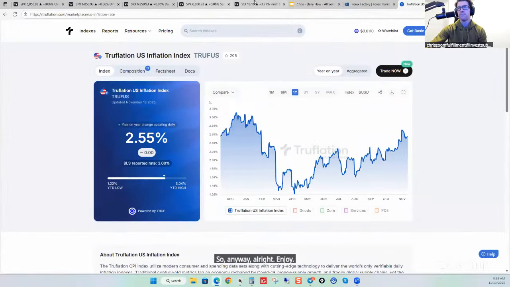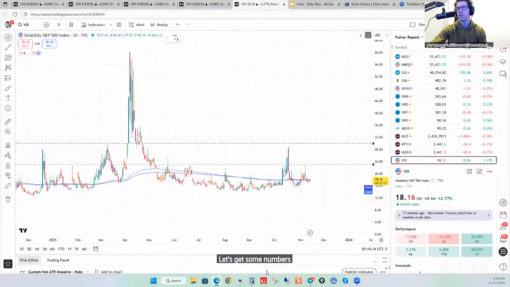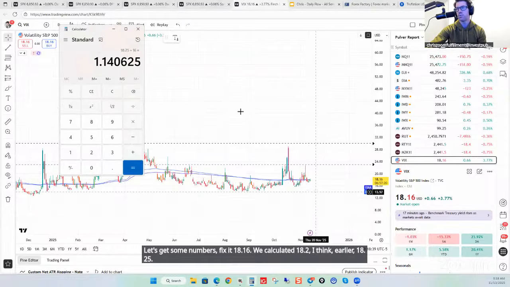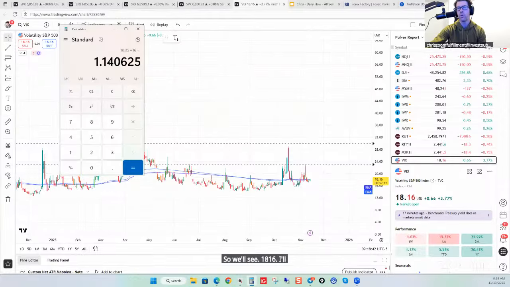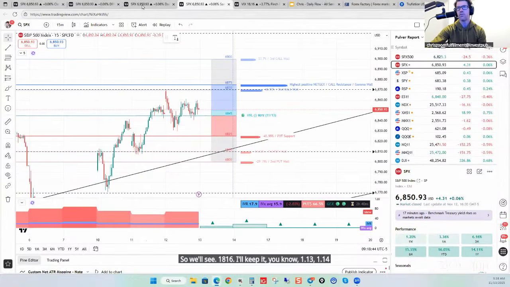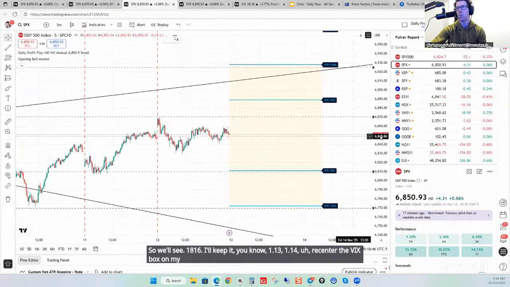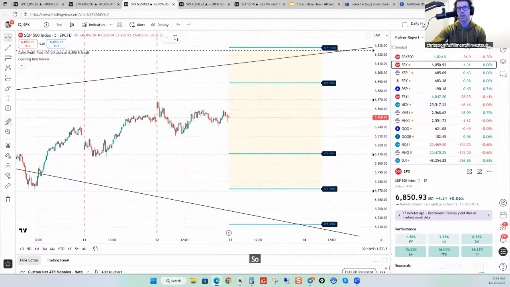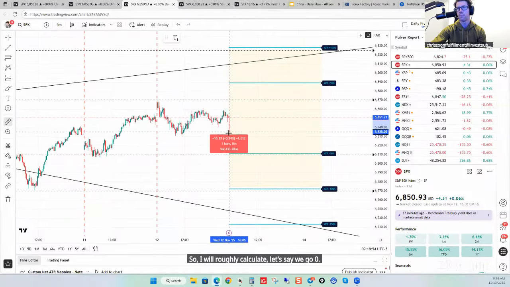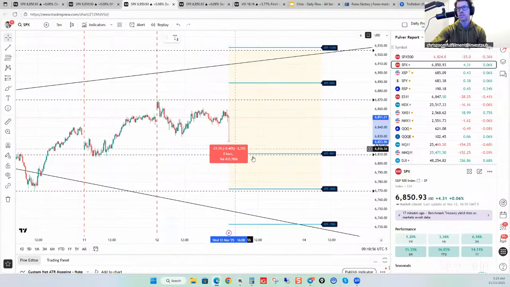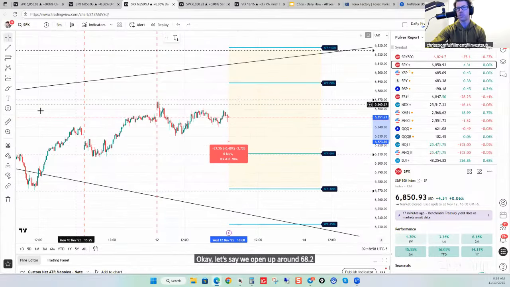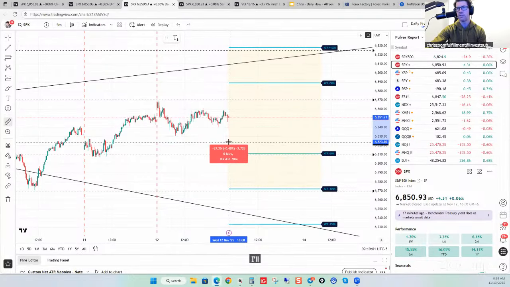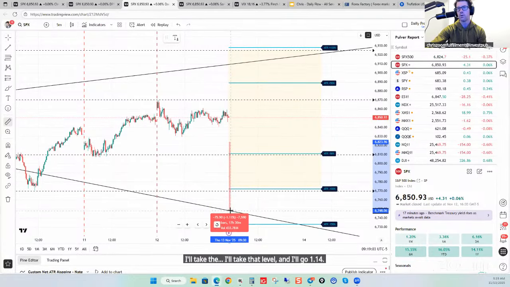Inflation higher. Let's get some numbers. VIX at 18.16. We calculated 18.2, I think, earlier, 18.25. So we'll see. 18.16. I'll keep it 1.13, 1.14. Recenter the VIX box on my daily profit play indicator. We're likely going to get a gap lower. It's 0.4% on futures, so I will roughly calculate. Let's say we go 0.4% lower. Okay, let's say we open up around 68.23, give or take. I'll take that level and go 1.14, so about 67.50